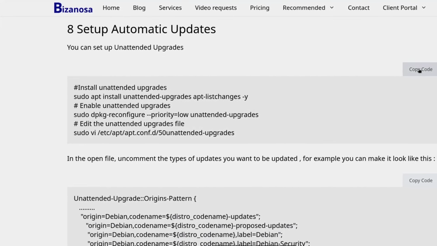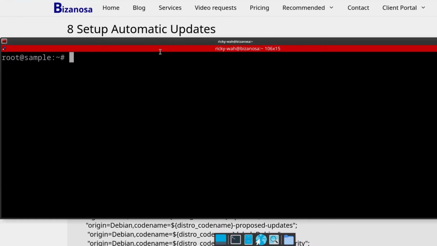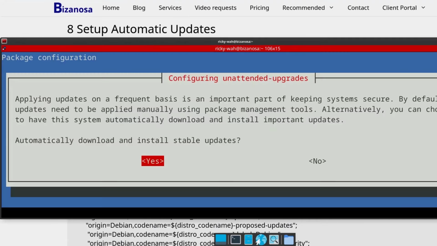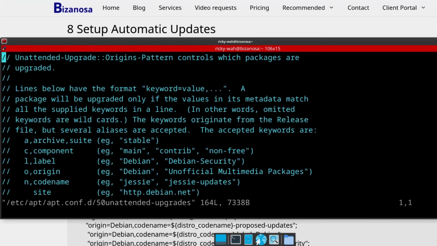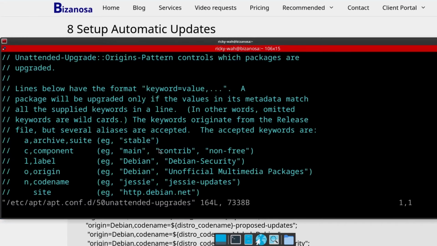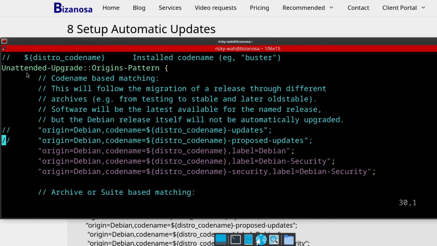I'm going to copy everything there. Just click there to copy. And I'll do Ctrl+Shift+V, enter. And then I'll accept, yes. All right, so this is the last command, and the last command was to open that file. So I just ran them together instead of running one at a time. If I scroll down in this section where there is unattended upgrades,